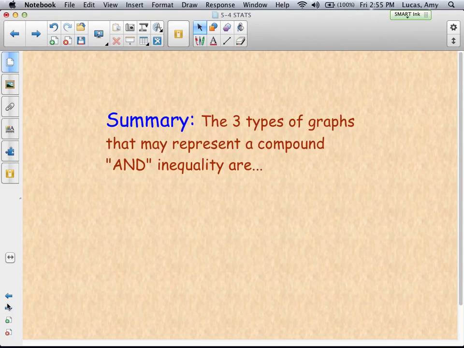You should be able to write your summary now. The 3 types of graphs that may represent a compound inequality are,